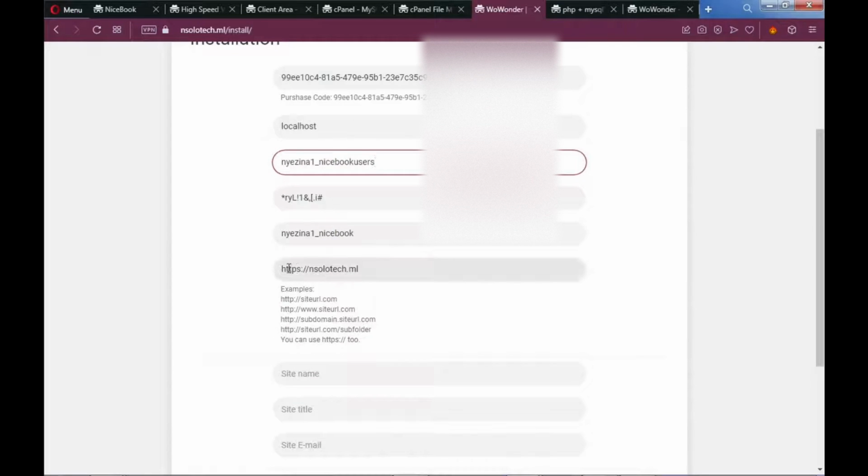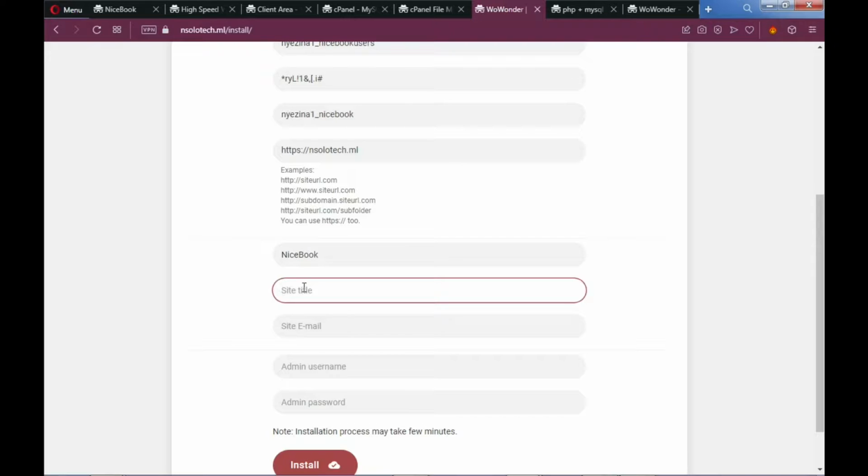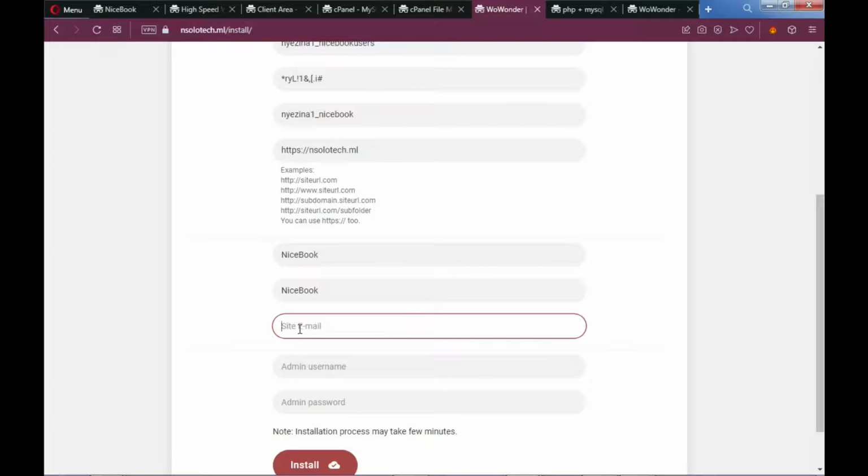Now you enter your site address. After that, enter your site name, which is nice book. Enter your site title. I'll repeat that, the same, nice book. Okay, nice book. Site email, so maybe